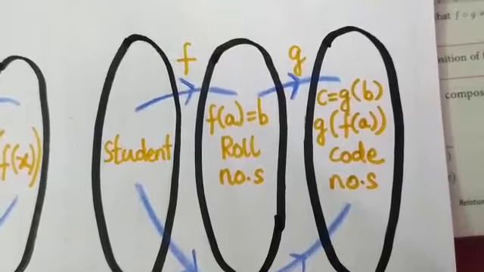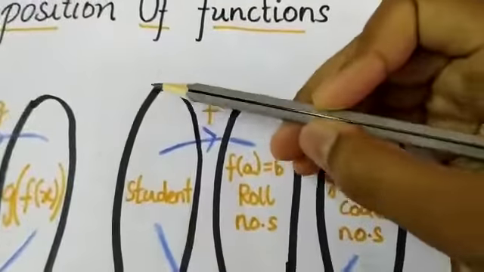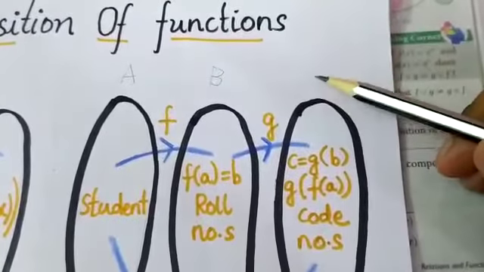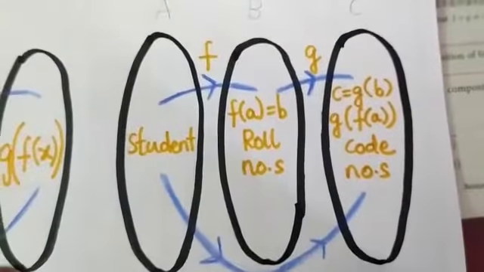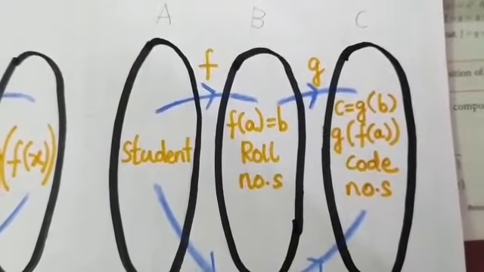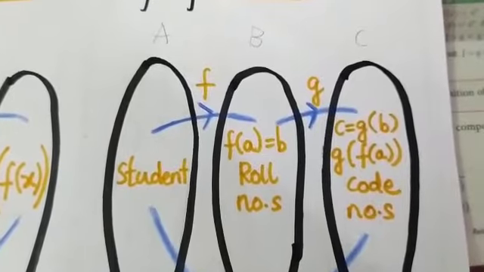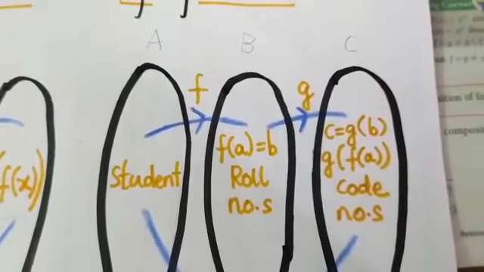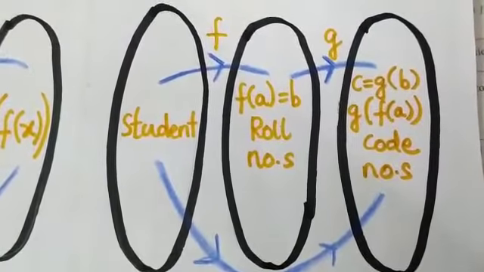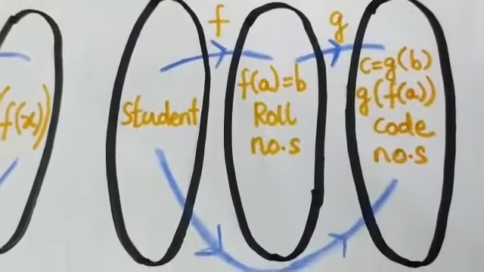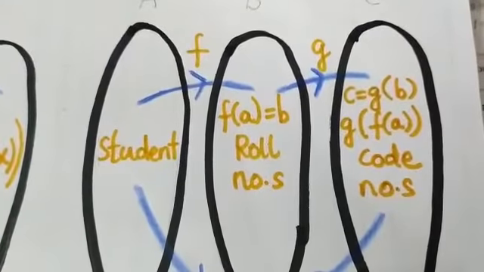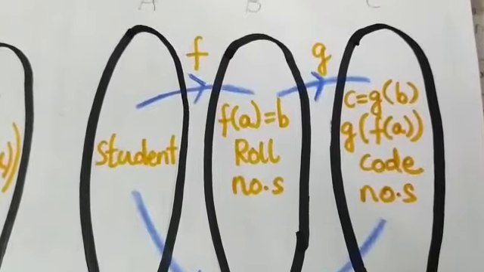Consider the set A, let me call this set A, this set B and this set C. Set A is the set of all students who appeared in the class 10 board examination. Each student appearing in the board exam is assigned a roll number. In order to maintain confidentiality, the board arranges to deface the roll number of each student and assigns a code number to each roll number.